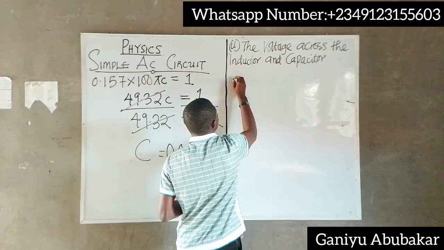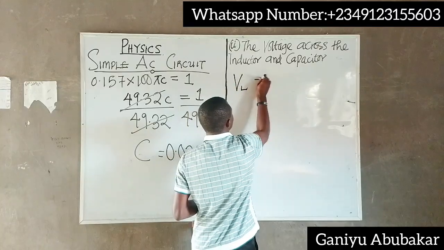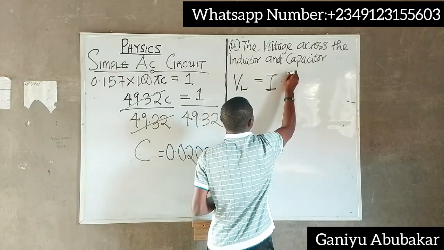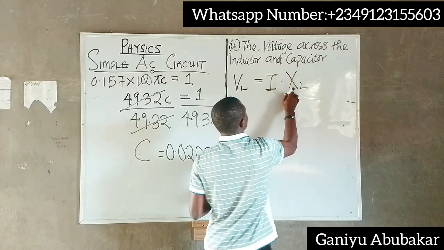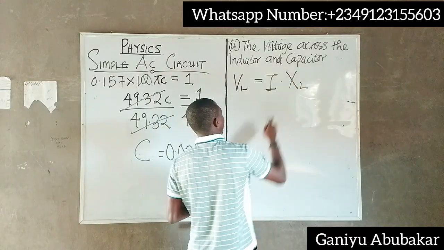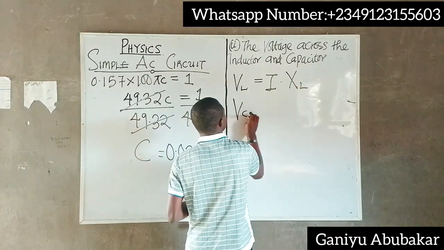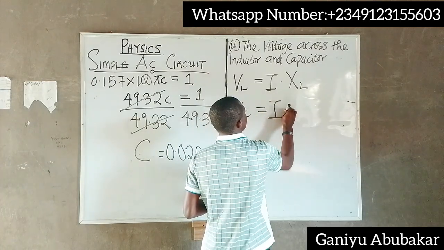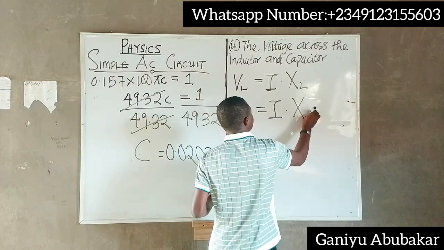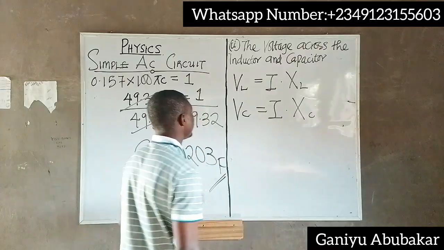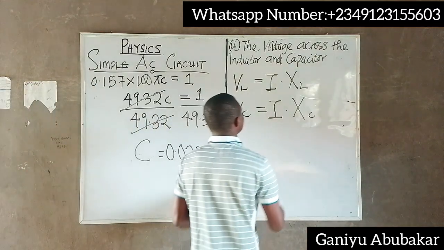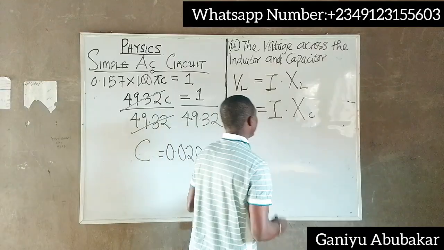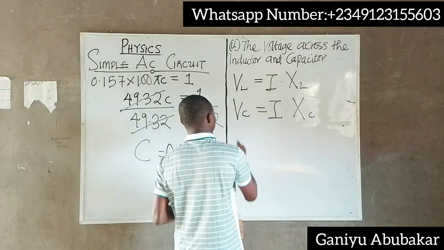For inductor, that's voltage, that's VL equal to I dot what? XL, this is for inductor. For capacitor, that gives you VC equal to I dot what? XC. That's the idea. So here's the idea. To get VL, I need current. Multiply the current by XL. But here's the idea. From